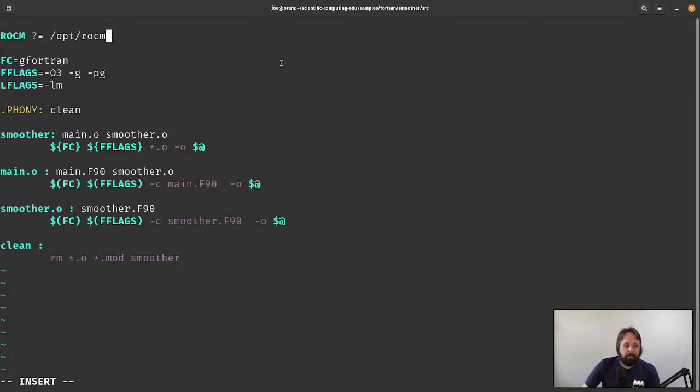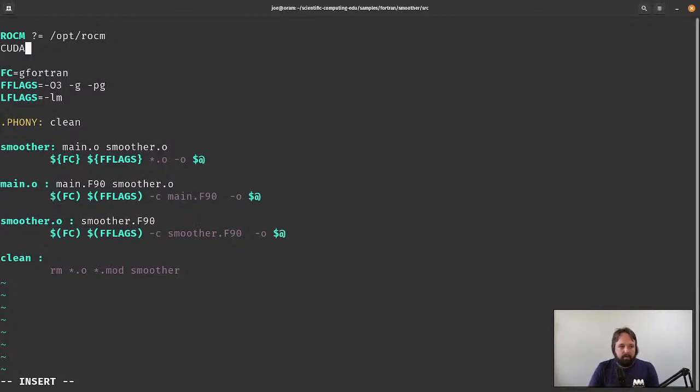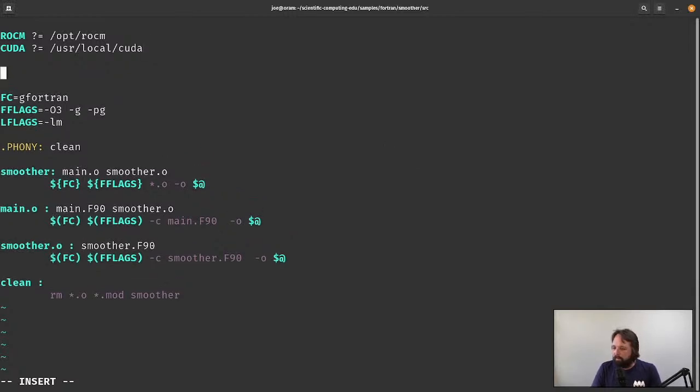Okay, so what we'll do here is CUDA. We'll do /usr/local/cuda. I'm not going to worry about it. Just going to keep on keeping on. Alright, we get the HIPFort compiler. So, as I mentioned, the HIPFort will determine whether to use